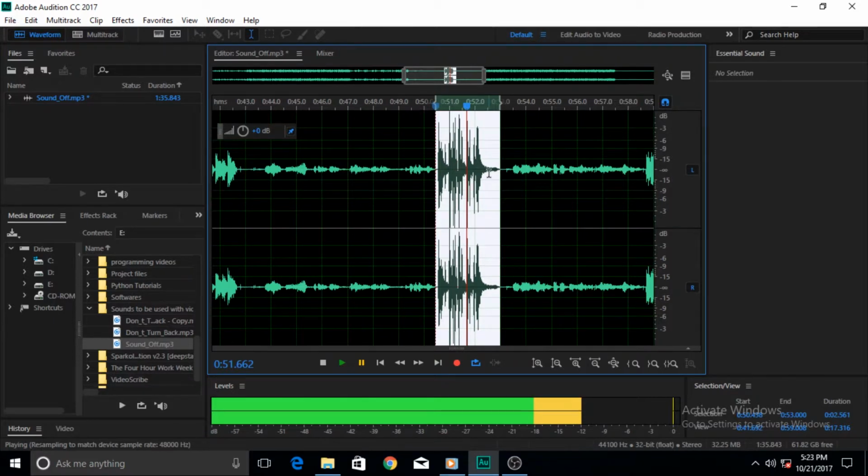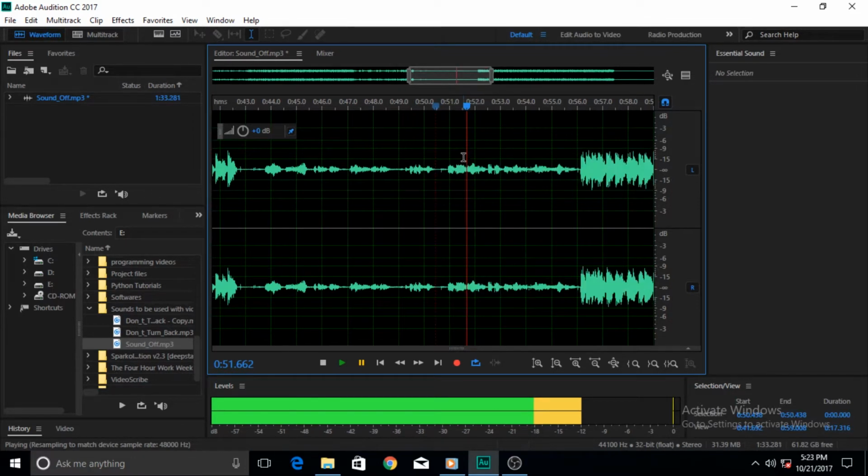Now there are a couple of things you can do. Of course you can go to effects and apply an effect to it, but you do not need to. This is so clear that you can fix it without applying any effect. Too many effects applied to your audio make your sound waves generic. It makes it mechanical. It's not organic anymore. So you should always keep effects on your audio to the minimum.